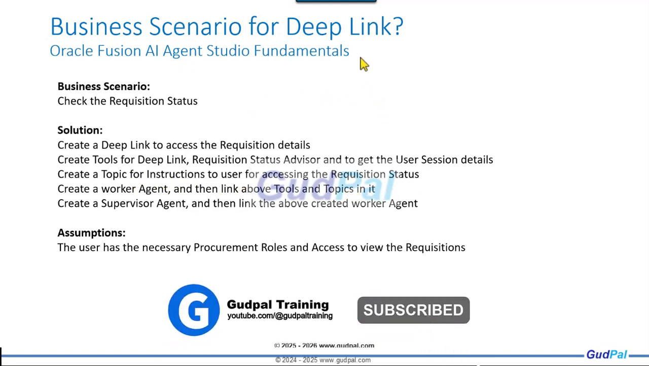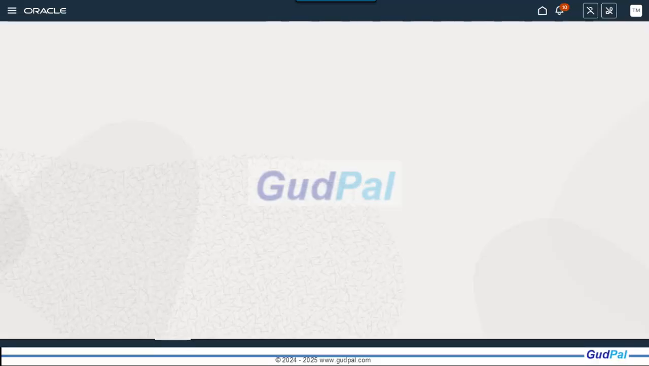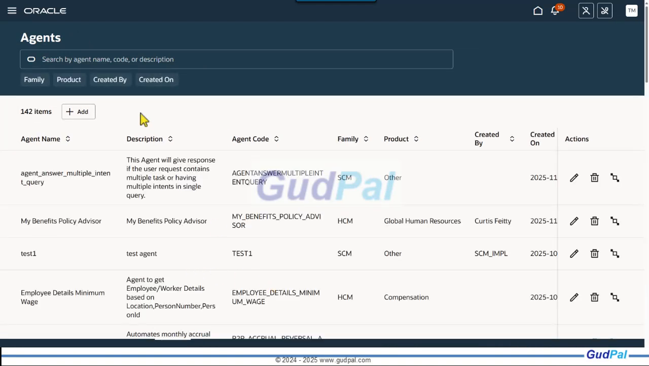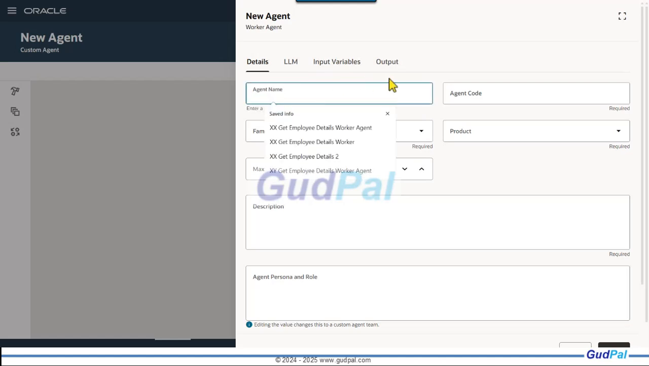So let's go into Fusion applications. So this is where we were, and I'm going to go into agents now. So this is a worker agent, and we'll create a new agent. So to create a new agent, you click on add and then choose some agent name. So let's say XY